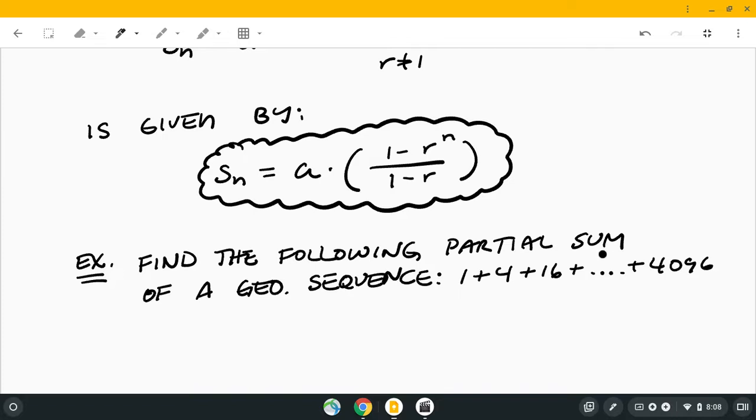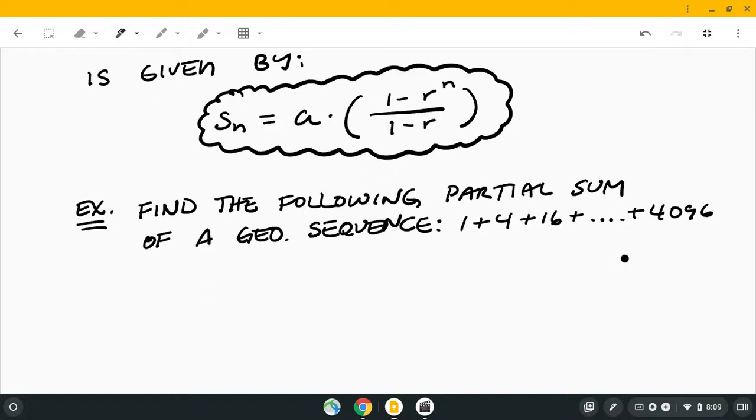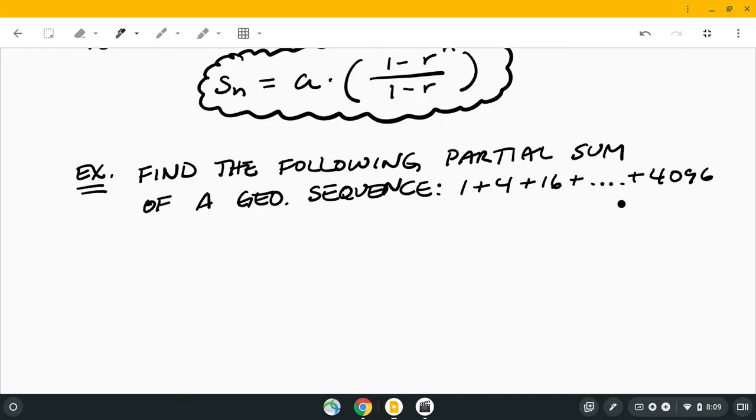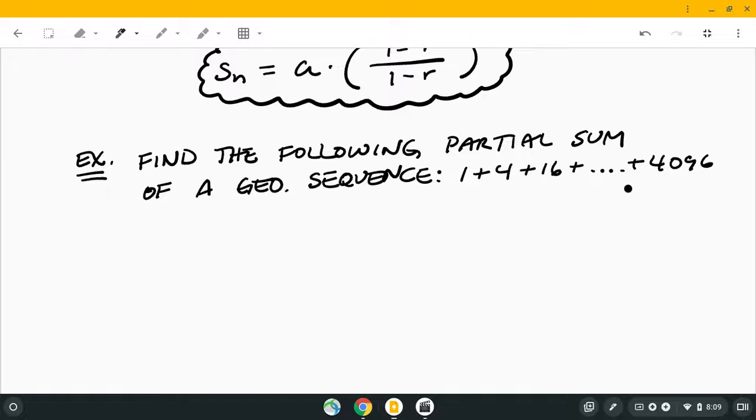It's not super easy, like if I had given you the first 5 terms and said find the sum of the first 5 terms. What makes this a little tricky is the fact that over here,